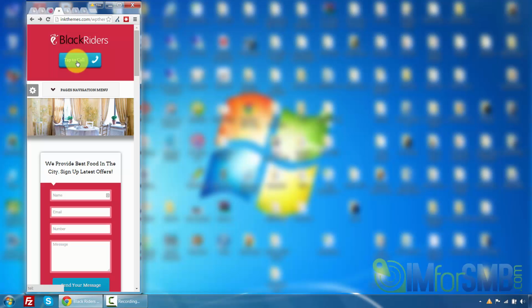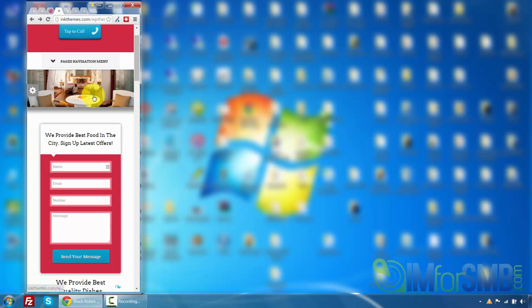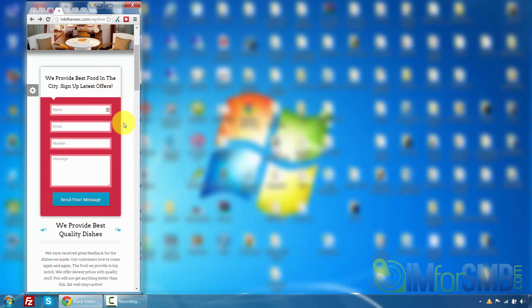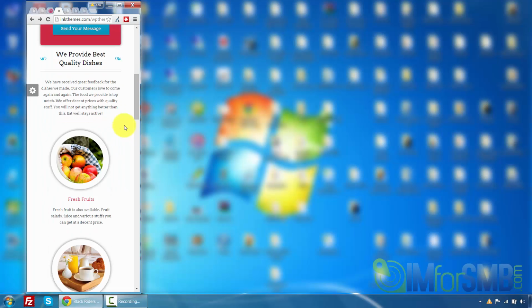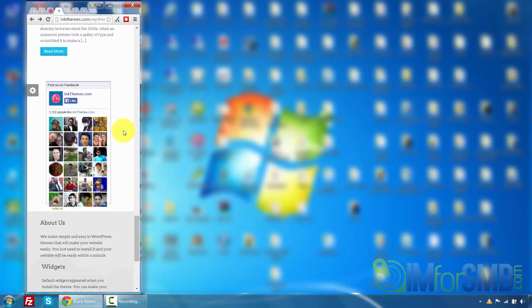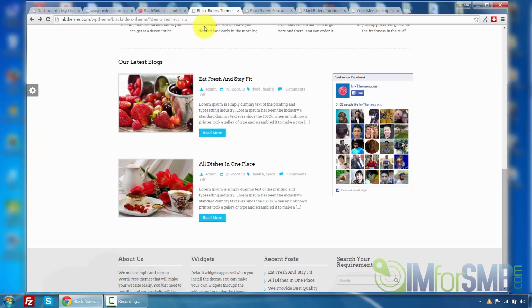They see the nice big tap to call button at the top. Clicking here, you've got the nice layout of the menu. Scrolling down, you've got the lead capture form before the website content, which means someone on their phone can straight away just give their details to receive a message for you. And then we've got the services and the latest posts and the Facebook widget, just like on desktop. So if I maximize this again,